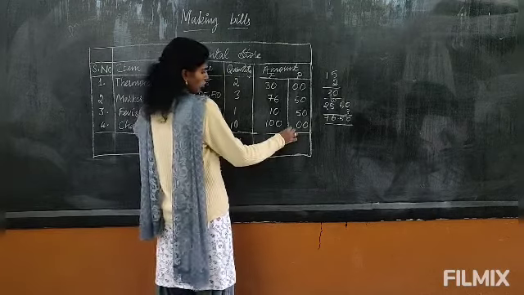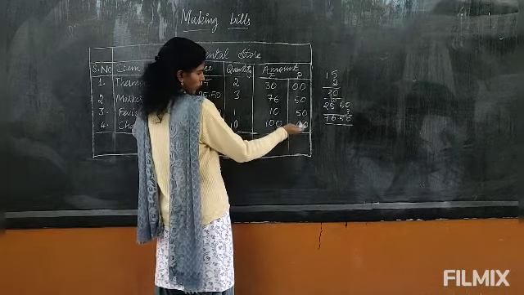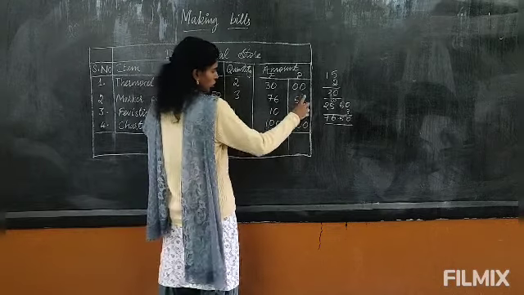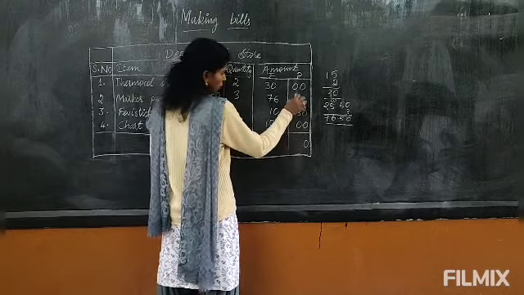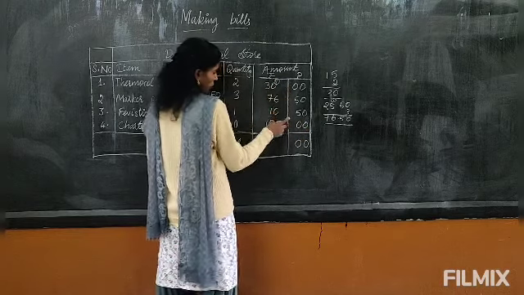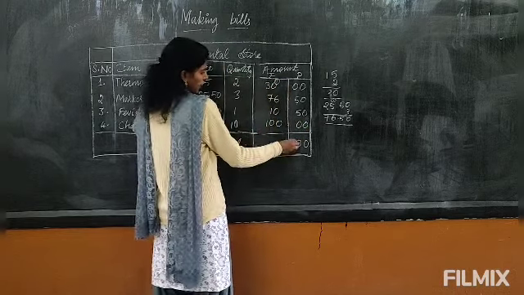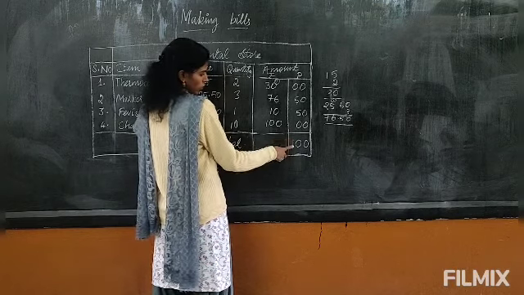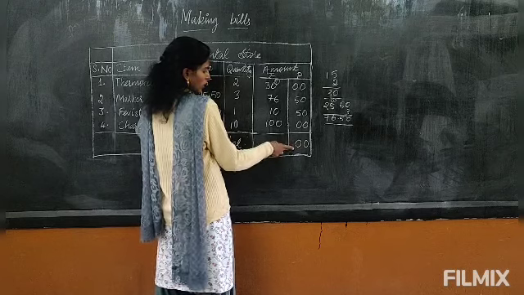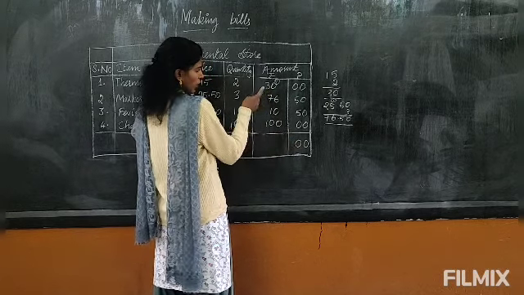Okay, now we have to add here. Paise and rupees you will add, that is the total amount. All 0s now. 5 plus 5, 10. So 0 you will write, 1 you have to carry to the rupees. You will not write that 1 here. Paise will have only 2 digits, it won't have 3 digits. If it has 3 digits, then the last digit you have to carry to the paise.